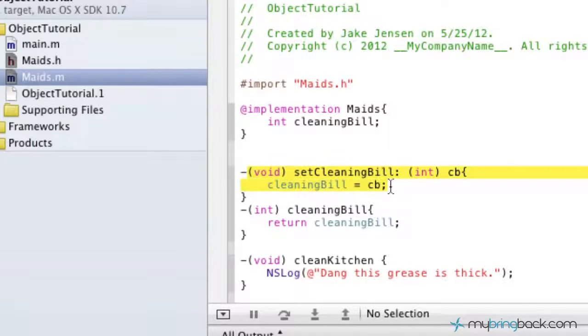From the get-go, we're going to set our cleaning bill. And we're going to tell that cleaning bill's variable, the CB, to set whatever the contents of CB to our cleaning bill variable. And once we set our cleaning bill variable, now anytime we call for the cleaning bill and we want a value of some sort, it's going to return our cleaning bill variable. So we're going to get that value that we have stored in our cleaning bill out of our program